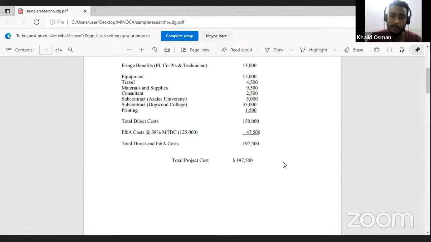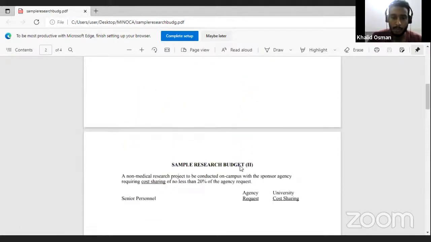The overhead charges differs from a program to another or from a university to another. It's usually around 10%, but it's sometimes more. You add that and then you get the total project cost. Here you can see